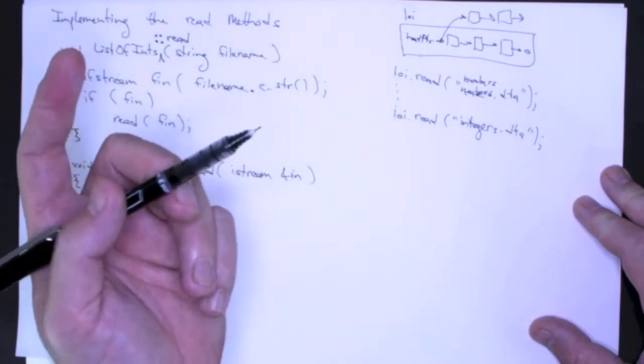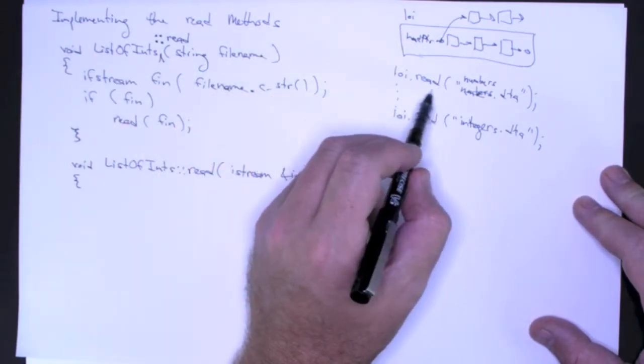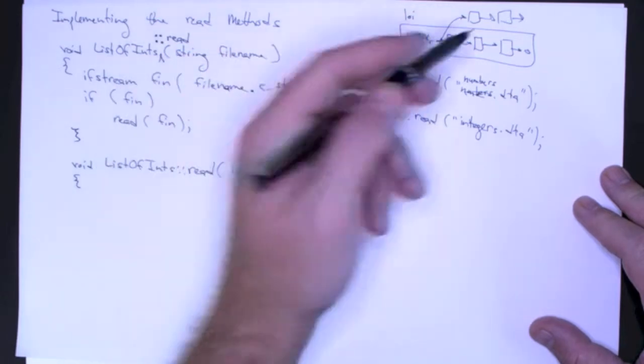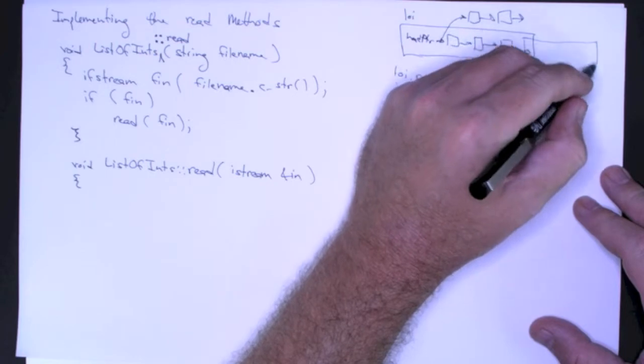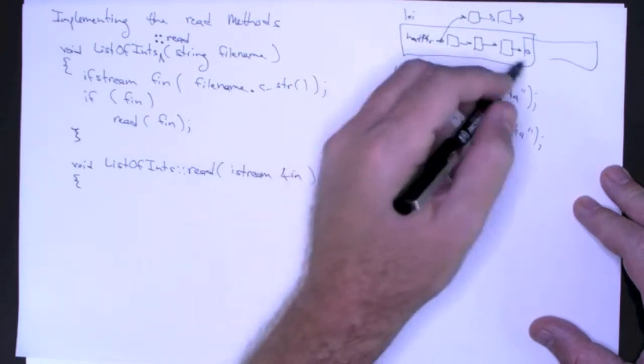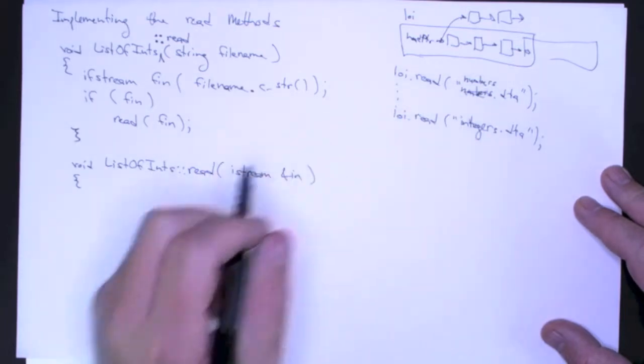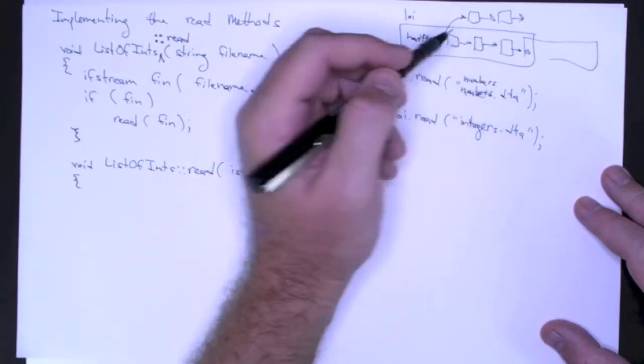Now, this is a design issue. This is how I'm choosing to implement read. Maybe we implement read where it appends onto the end of the existing list if there is an existing list. That's fine. Either way you want to handle it, I'm going to handle it this way because we already have